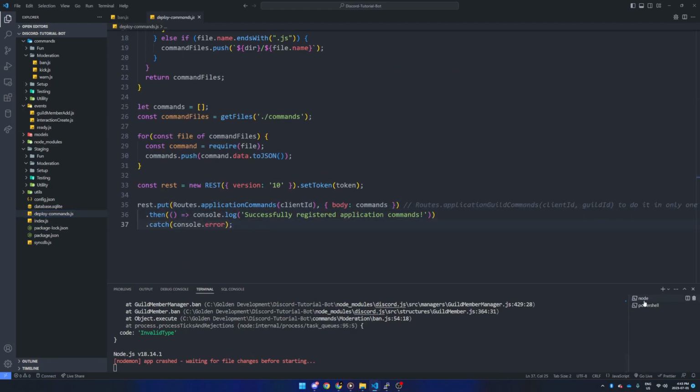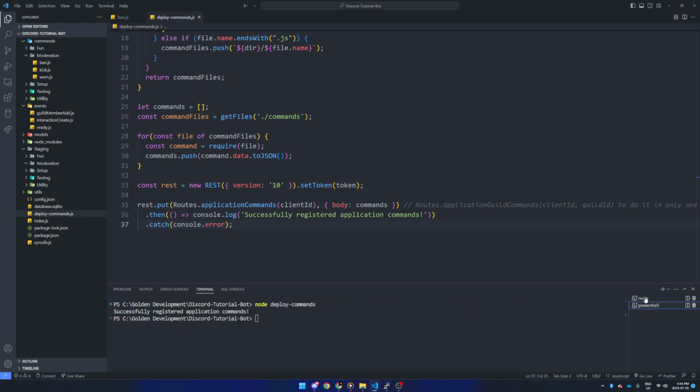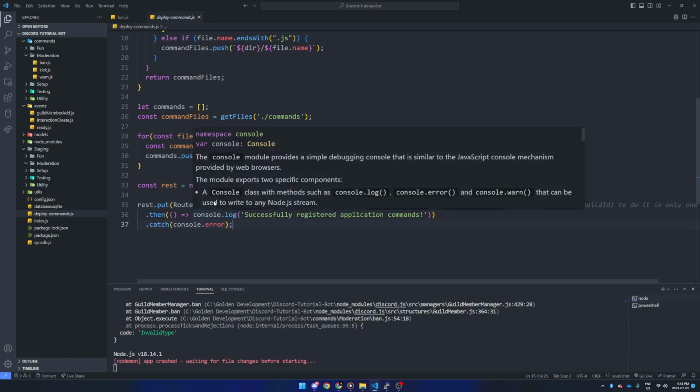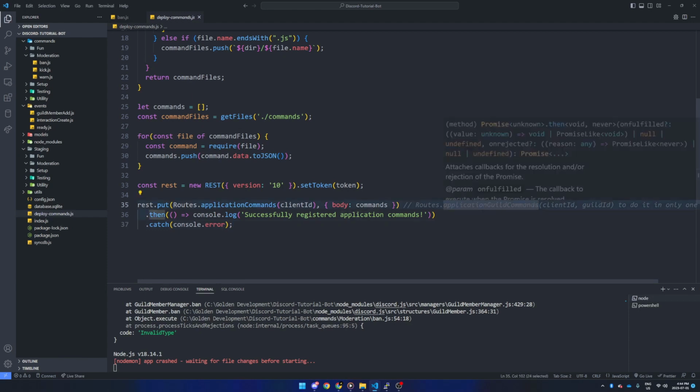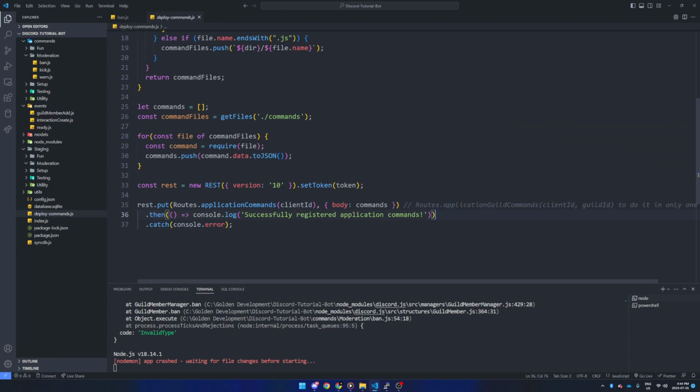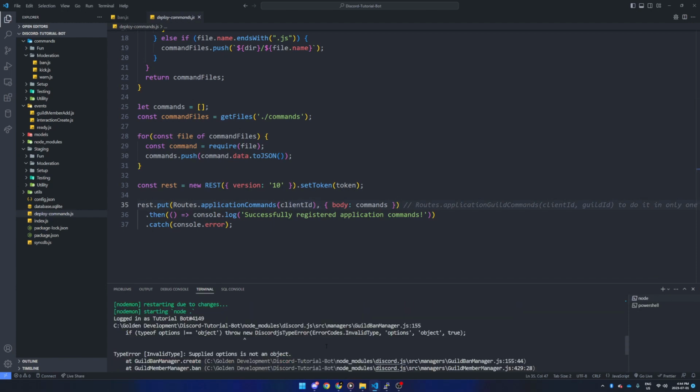So I made a new terminal because the bot's running in this one. I deployed it in this one. The only 2 changes you have to make in order to make it deploy from one guild to all is you see this, how it's application guild commands. Just remove guild from there, so application commands, and just remove the guild ID from in here, and you'll be completely fine. Now the problem was,